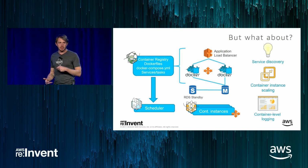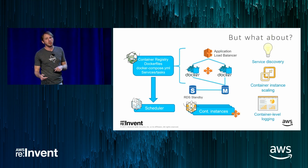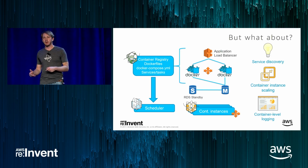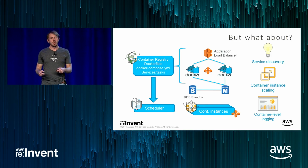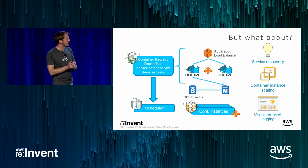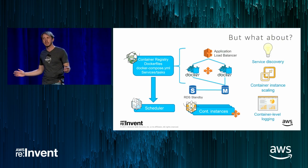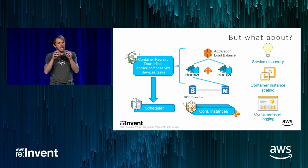A couple of other things to consider, though, when you're working with containers. You need to start thinking about things like service discovery. Really, we recommend that you use Route 53, potentially for the native AWS service discovery feature. Consul is also very popular amongst the startups that I work with. Container instance scaling is also something you need to consider. So you need to both scale elastically your container instances, the underlying EC2 boxes that are running, those need to be in auto-scaling groups. But you also need to have container instance scaling so that it actually adds more containers